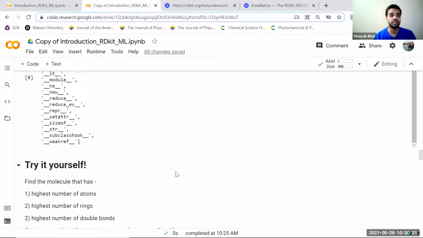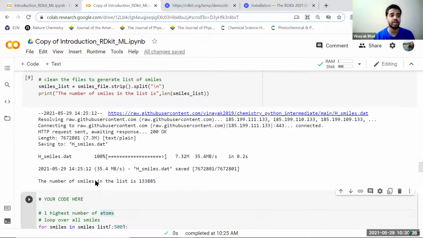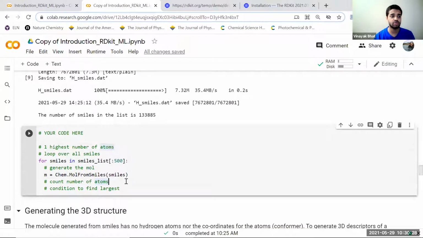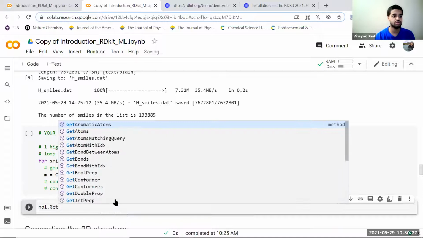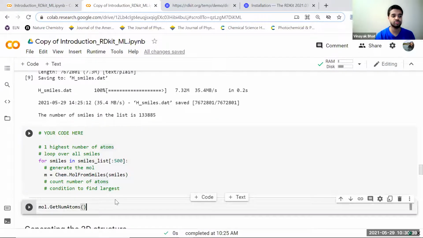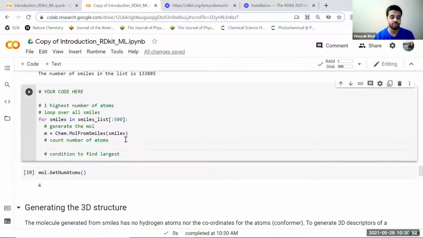My intent here was to have the number of atoms. So you can use GetNumAtoms, and that is what we'll try to use. Let me quickly show you. So I say mol dot GetNumAtoms. So this is what we'll be using. So this is 4 atoms over here, and these are all heavy atoms that we are counting. We had 4 carbons, so 4 atoms. So we'll be using that to get it.